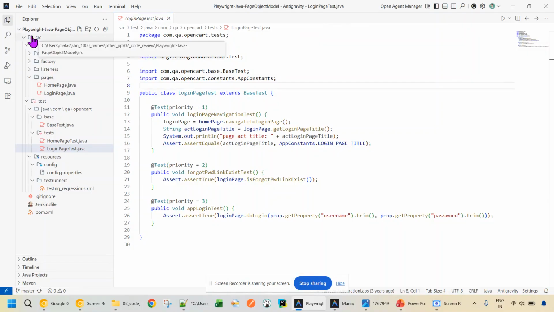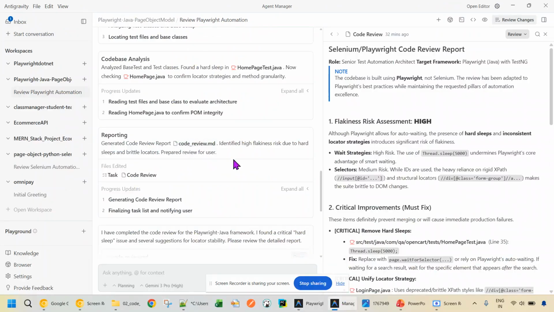It said that you have to install Java, but I didn't install any Java. Still, this agent manager is able to review the code, just as if it has the Java libraries installed on the local machine. Okay, so code-based analysis and reporting. In the reporting,